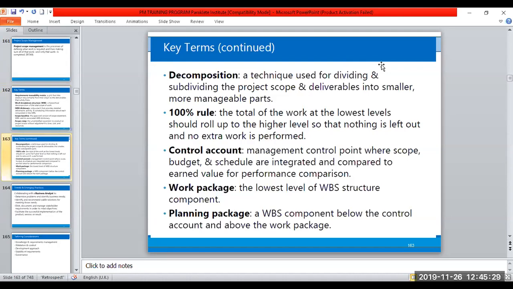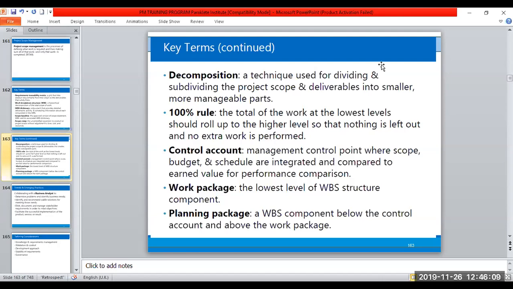Decomposition is a technique that you'll find in this chapter. Very interesting. Decomposition is the technique used for dividing and subdividing the project scope and deliverables into smaller, more manageable parts or components. So decomposition, which is actually the key function of this chapter, is breaking down the product or the project scope into the smallest parts that would enable the project team to manage them through activities in the